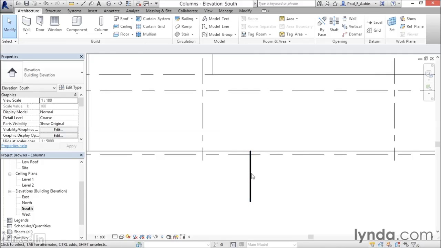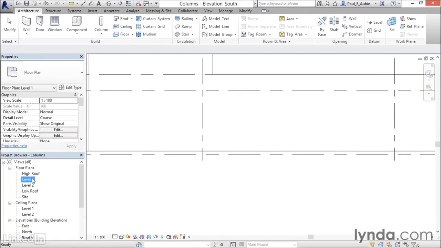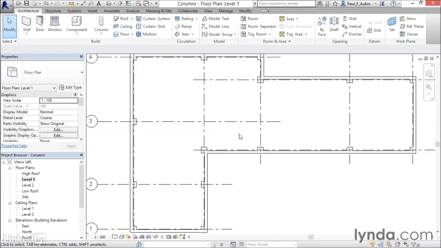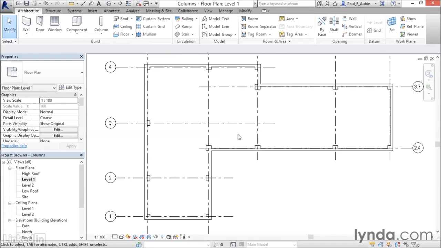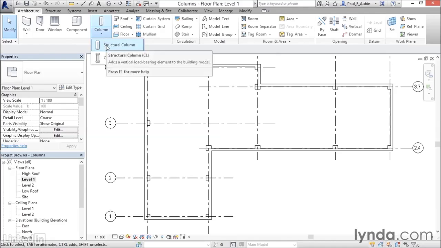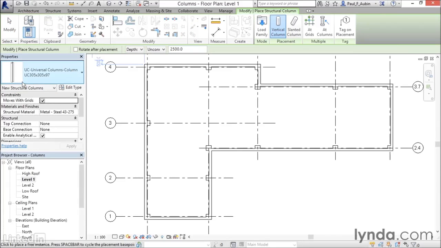So in this case, I'm going to actually delete that one. I'll go back to my floor plan. And if you want to think more architecturally about placing these columns, then what you want to do is this. Go to structural column. And again, I'm going to keep the default type here. But notice here on the options bar, you have a choice between either depth or height. So if you don't want to set it relative to depth, you want to choose height. And then in this case, I'll set the height to go up to level 2